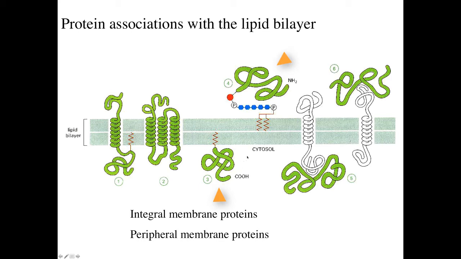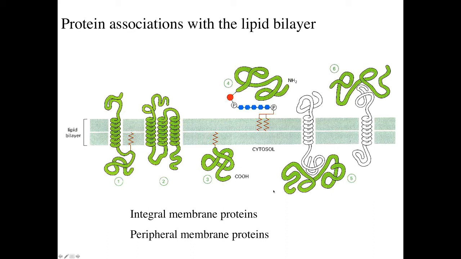Here we see a peripheral membrane protein on the cytosolic face of a plasma membrane, maybe just weakly associated with some type of a carbohydrate side chain. Here, a peripheral membrane protein on the extracellular side of the plasma membrane, and then here a peripheral membrane protein on the cytosolic side, a peripheral protein on the